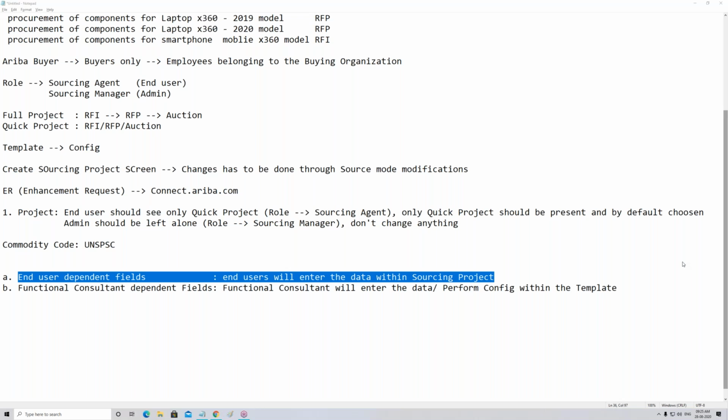Okay, thanks. In reality, generally any buying organization will have their own template, right? It's not like a standard template. We don't lead with standard templates. Standard templates are very good for theoretical sessions. So in our session, when we go to the template configuration, we will begin with the custom template first.